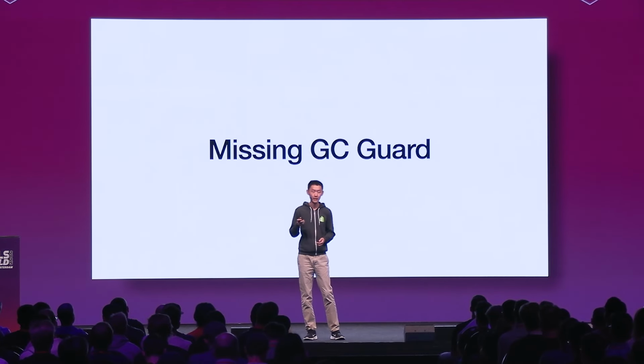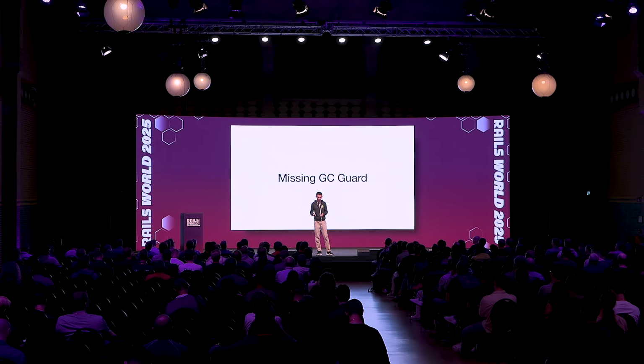This is known as conservative stack scanning. However, the C compiler may optimize the stack space and reuse local variables on the stack. And these local variables may contain pointers to objects that are actively being used. And this would cause objects to be recycled or moved by the garbage collector, causing unexpected behaviors in our code